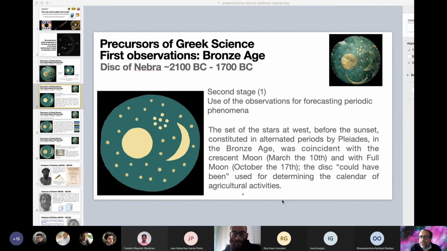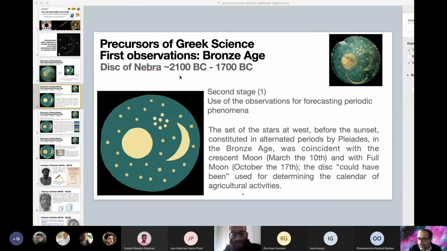So even if we don't have anything written, we could deduce that this disk was used for determining the calendar of some agricultural activities. What I want to tell you with this is that observation of periodic repetitive phenomena has been elaborated since 2000 years before Christ in order to predict